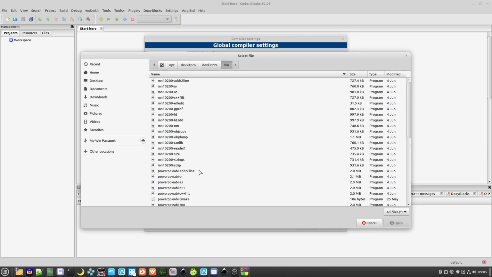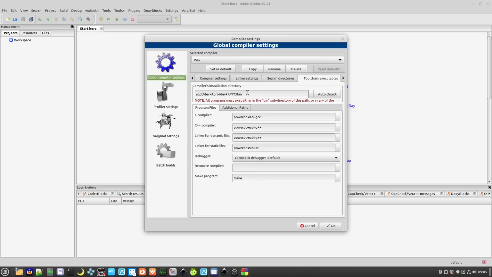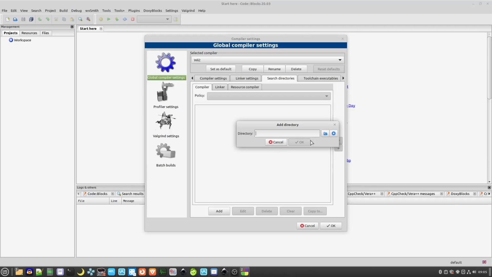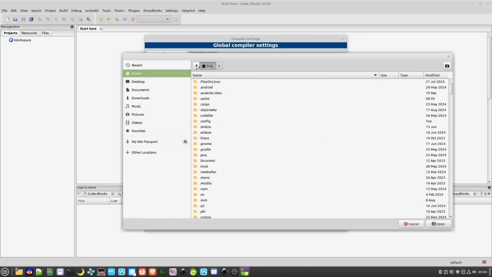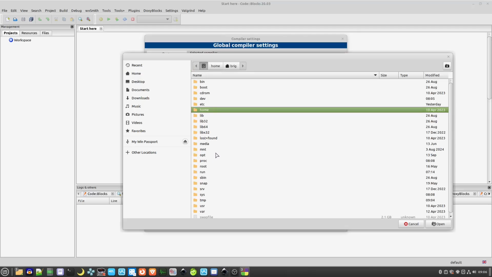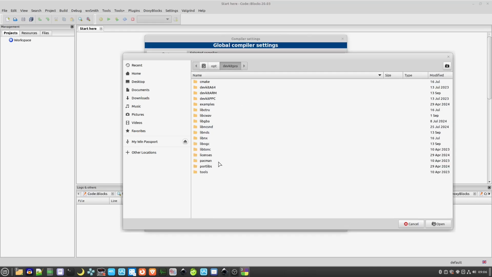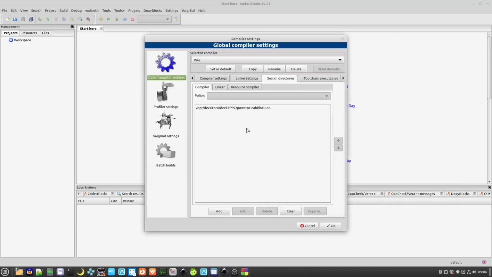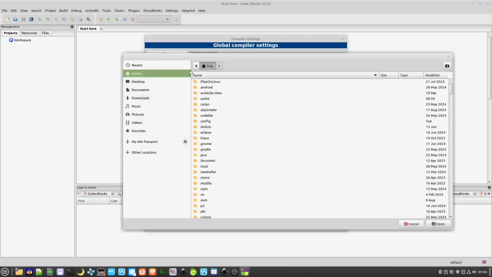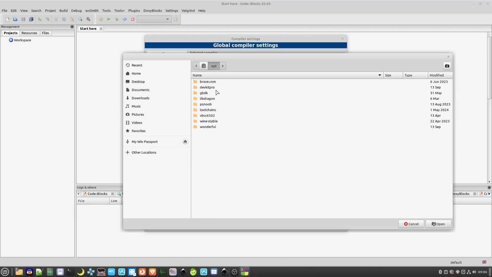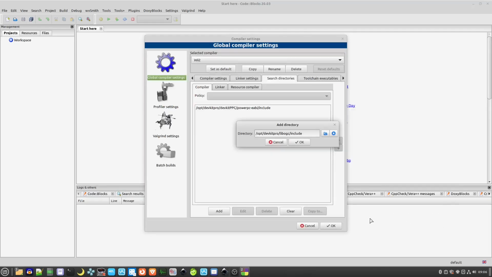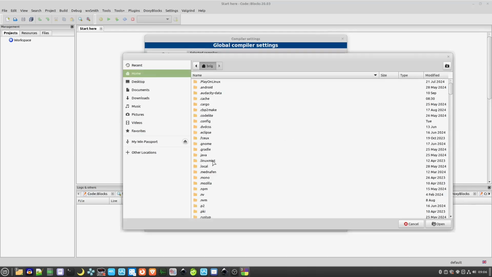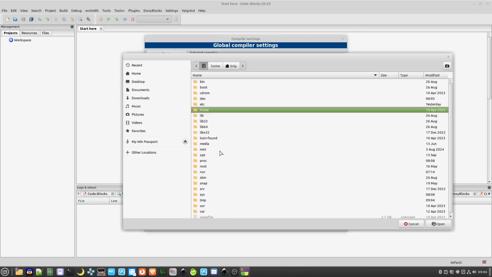That should now be AR, and then in your search directories under compiler, back to DevKit Pro, PowerPC, and then in the includes here, okay that, and then navigate back there again, except this time we are going into the libogc includes, and then just add the portalibs folder in there,